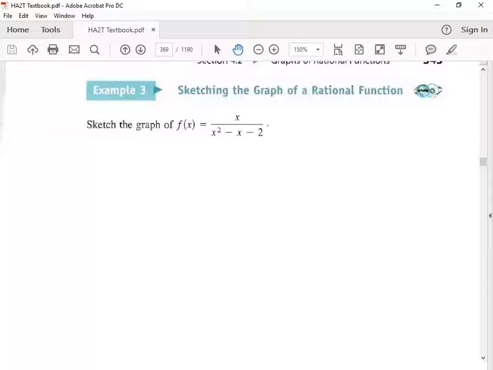All right, more fun happening. We got some more rational functions to graph. All right, first thing we got to do is find our intercepts. The first thing I'm going to do is plug in 0. If I plug in 0, that's going to give me my